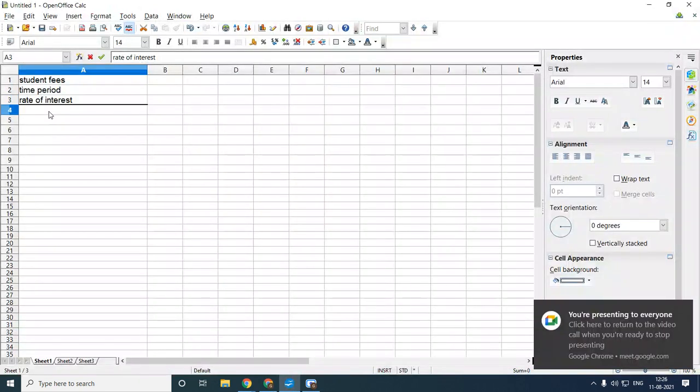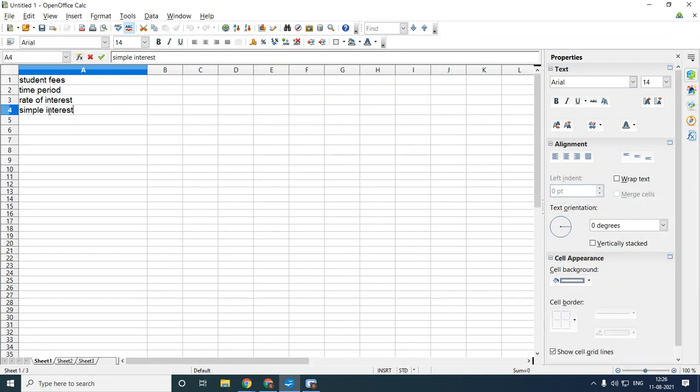So I'll write here simple interest. This simple interest I have to find out with the help of a formula. First I'll take the student fee as 60,000, time period as 1 year, and rate of interest as 16,000.